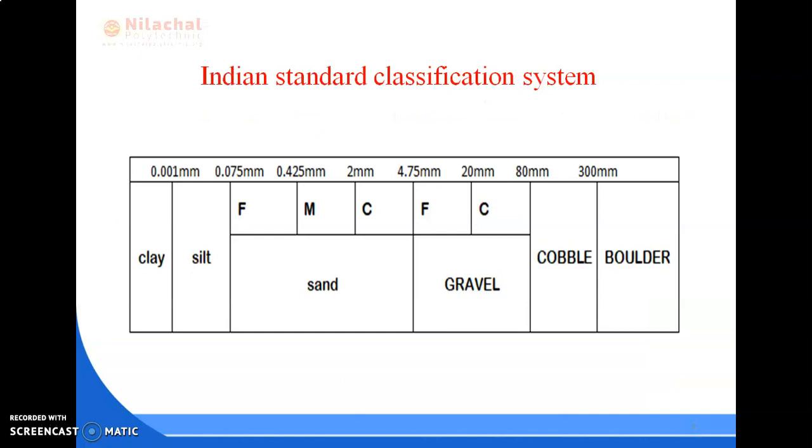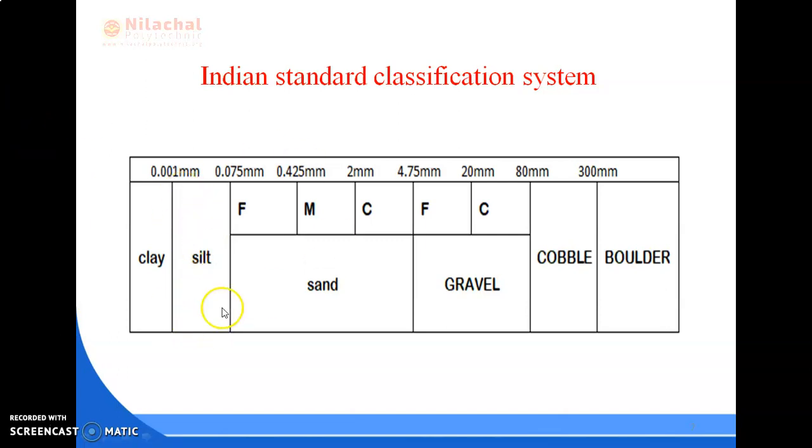So this is the total diagram which shows the Indian Standard Classification System, or based on this ISCS system we classified it. For example, this is the smaller one, clay first, then second is silt. So its range is given: the soil particle size less than 0.001 mm is known as clay, and the soil whose size is between 0.001 mm and 0.075 mm is known as silt, as